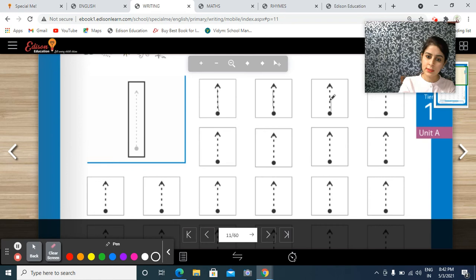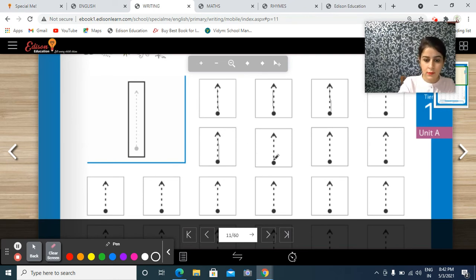You can even conduct the activity related to the same with your child in your free play area at home. What you have to do, you just need to draw a line with the chalk, and first of all you tell the child to move straight, move forward, then come back. So this way the child will come to know how to go from down to upwards and from upwards to the bottom.